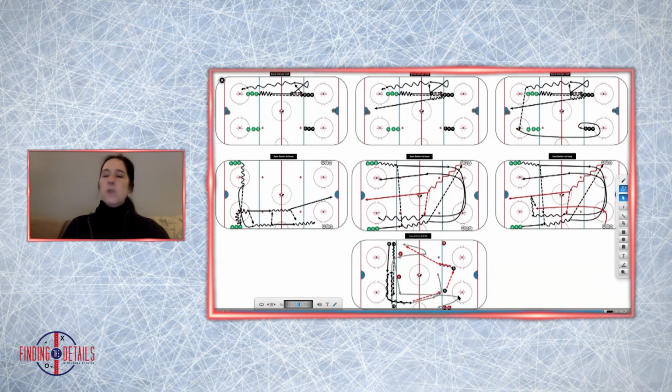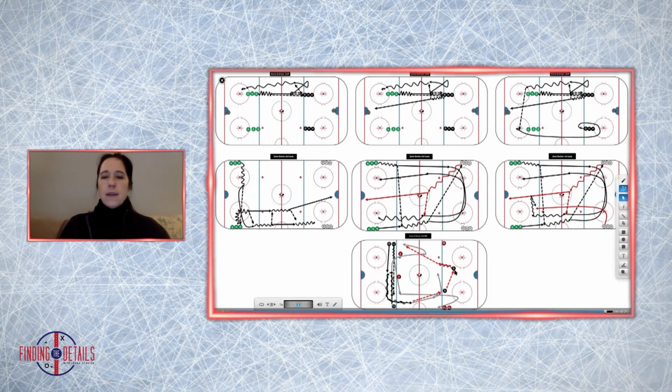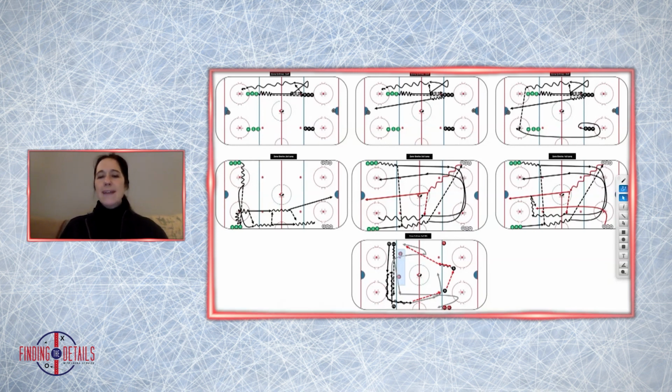And you can work any type of a neutral zone regroup you want. At the beginning of the year, I usually will dictate what we're going to do, whether it's a quick up or whether we build it. But towards the end of the year, I want our players to read and react, right? So now these 2 D transition the puck up the ice, and now we come back 3-on-2 against these 2